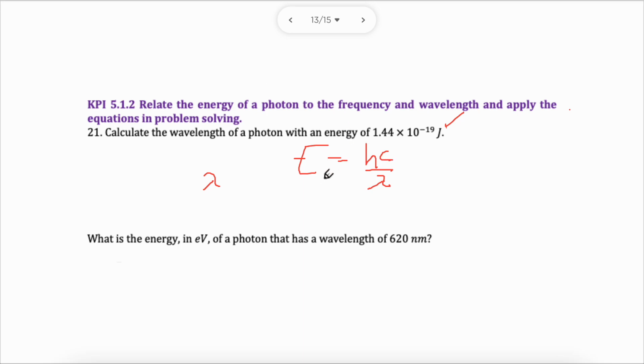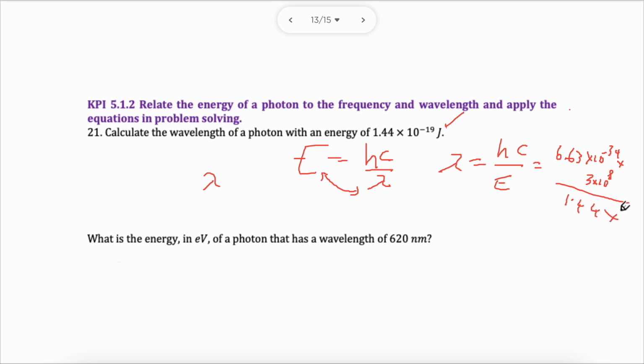I can shift solve or rearrange. Rearranging is easy, by the way. You can just swap them around. I will do hc over my energy. And I can just put the numbers in. This is 6.63. It's given to you on the front page, so you don't need to worry about it. 6.63 times 10 to the minus 34, multiplied by c, that's the speed of light. The speed of light is 3 times 10 to the power of 8 meters per second, and then I'm going to divide all of that by the energy, which is here,